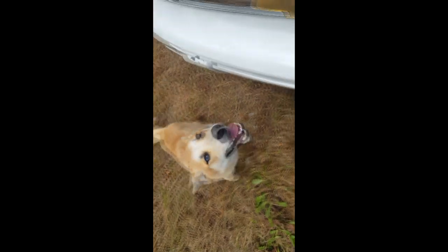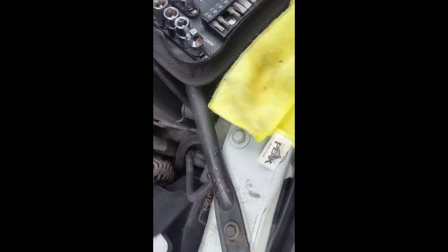We can see that dog. Yeah, she's cute. But do you see that black stuff? That is either somebody's poop or something. Anyway,